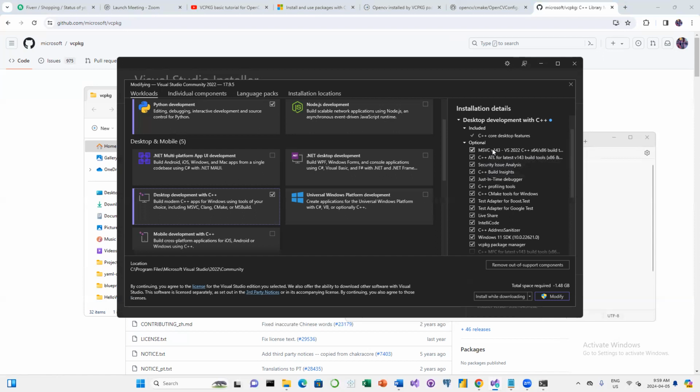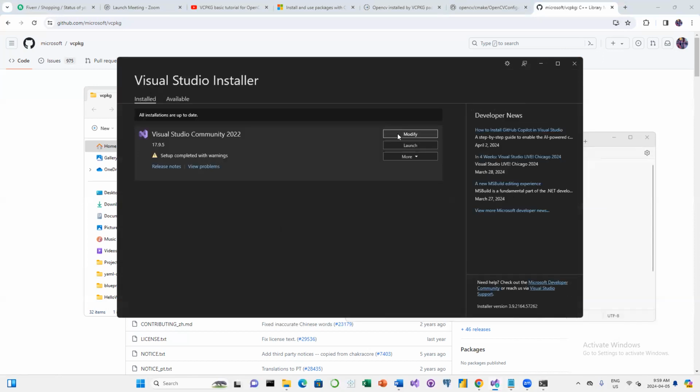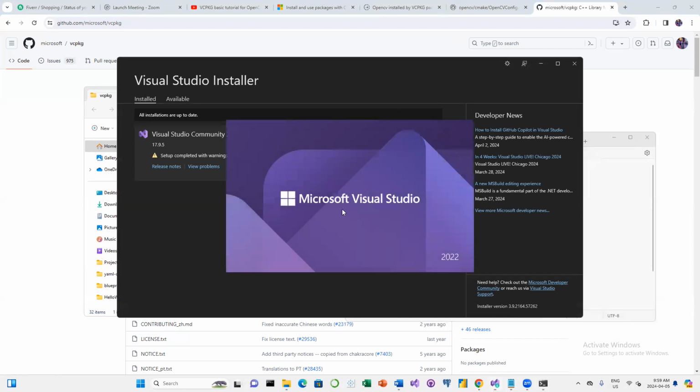With that, make sure that you have the Microsoft Visual Studio latest compiler and libraries, as well as C++ CMake tools for Windows. These are an absolute must. Without them, it won't run as successfully, or it won't run successfully at all because you won't have CMake. So with that out of the way, since I already have those installed, I'm just going to click on Launch,